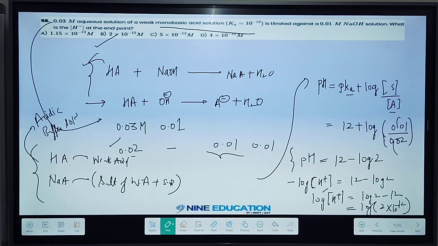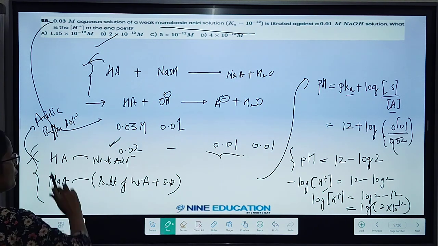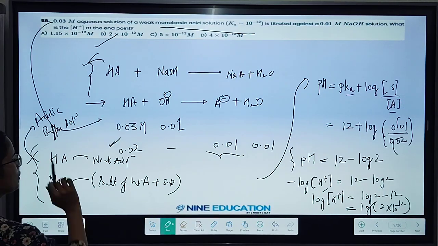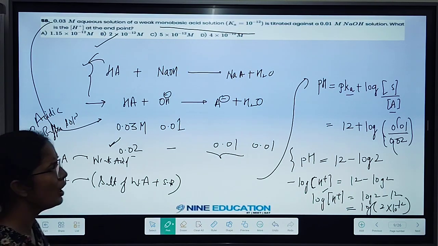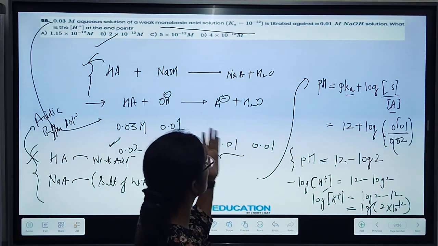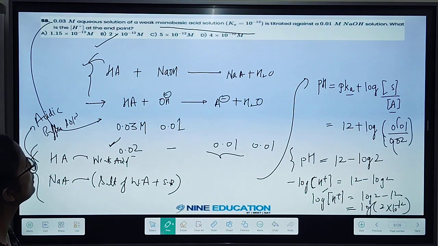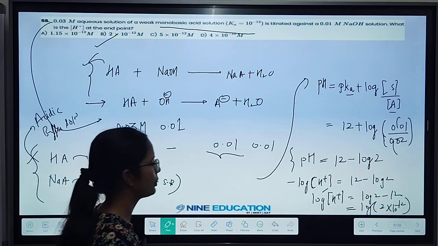Pretty much. Next, if I need to talk about the key points of this question, we have some weak monobasic acid and we are reacting it with NaOH, we are titrating it. So if some amount is provided, first of all try to understand after this reaction what we are left with, what kind of nature of solution is there. It is nothing but an acidic buffer solution, for which we have the formula for pH. If we come to pH, it's easy to get H plus concentration also, which will be option B, 2 into 10 to the power minus 12 molar would be the answer.